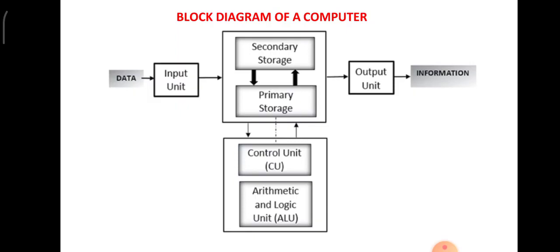calculation through the arithmetic and logical unit. Now arithmetic, that is addition, is involved since 2 plus 3 is given. So that addition is activated, and soon after that the result 5 is sent to the RAM, that is the primary storage, and soon after that it is flashing onto the output unit, which is nothing but the monitor. This is the block diagram of a computer. Hope this is clear to you.